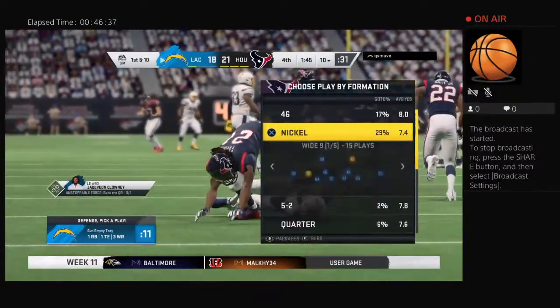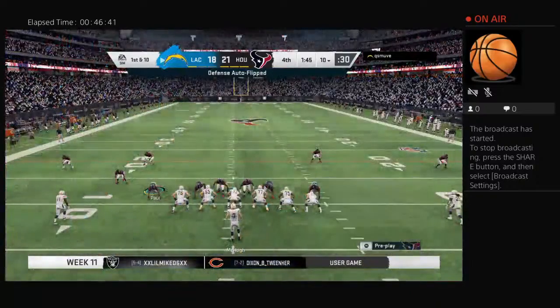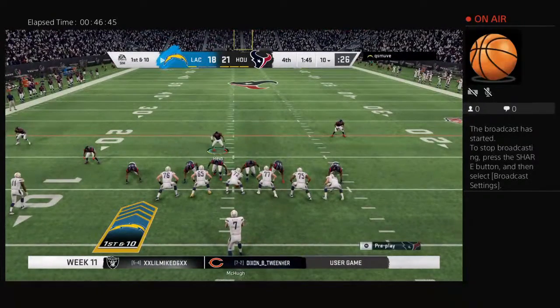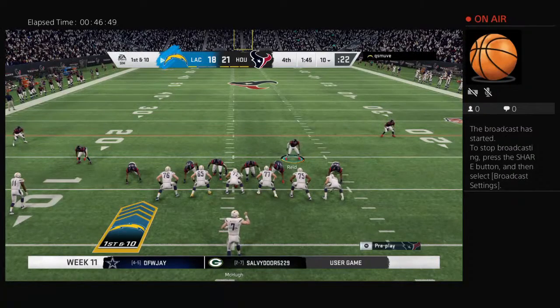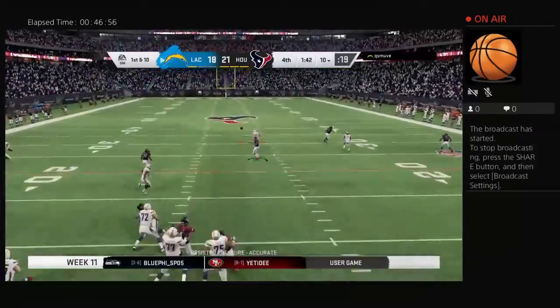The Charger drive about to get going. And things are starting to move in the right direction. They get the touchdown last drive, then their defense gets them the football back. Yeah, now they have a chance to get the lead if they can put something together here. And I'm eager to see how they decide to do it. They want to be methodical, or they want to take the big...